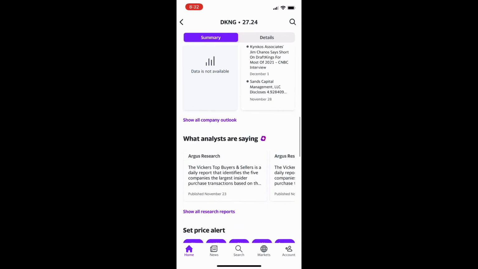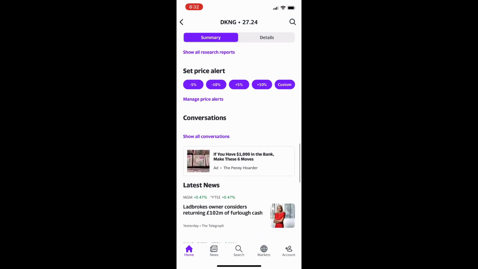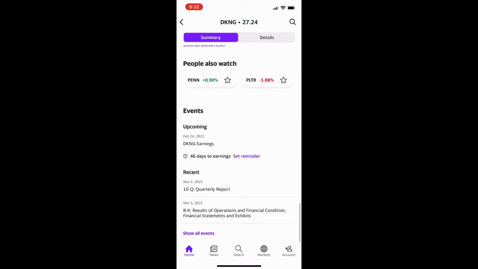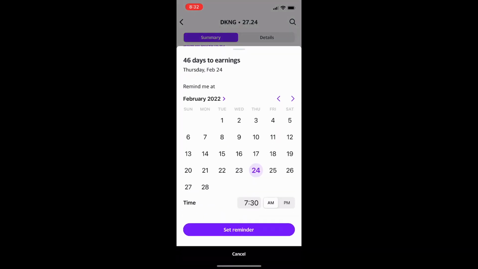and what you're going to do is you're going to scroll all the way down on this analysis here, and you could see all the way at the bottom, if you get down to scrolling, it's going to tell you when the earnings is upcoming and also past earnings, and you will see that there is 46 days until the earnings report for DraftKings, and then you will also see that there is a purple highlighted text that says set reminder